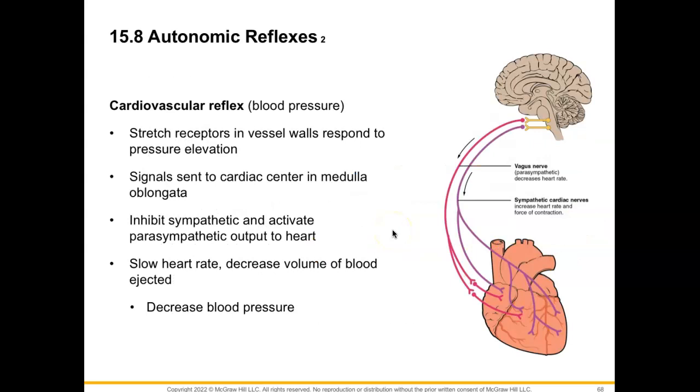So now let's go into specific reflexes. First, we have our cardiovascular reflex to regulate our blood pressure. Our stretch receptors that we would have within our vessel walls would respond to pressure elevation, and then signals are sent to the cardiac center in our medulla oblongata, letting us know the elevation in pressure, and an inhibition of our sympathetic nerve fibers would be sent, and activation of parasympathetic nerve fibers would activate output to the heart. And that would slow our heart rate, decrease the volume of our blood ejected, which would then decrease our blood